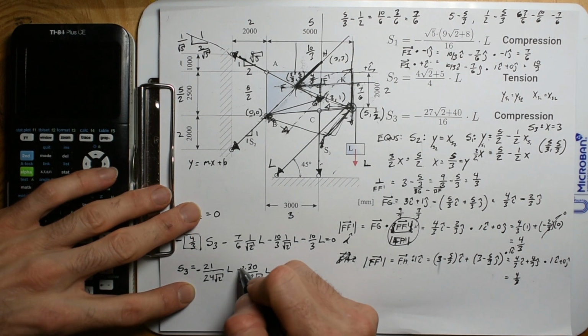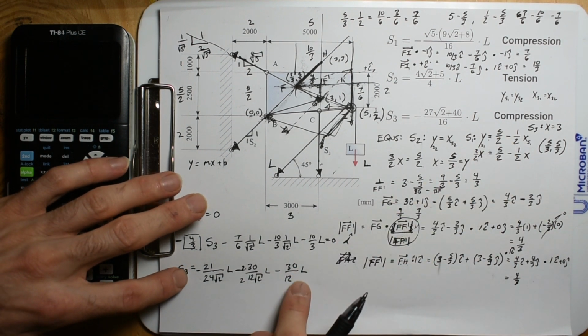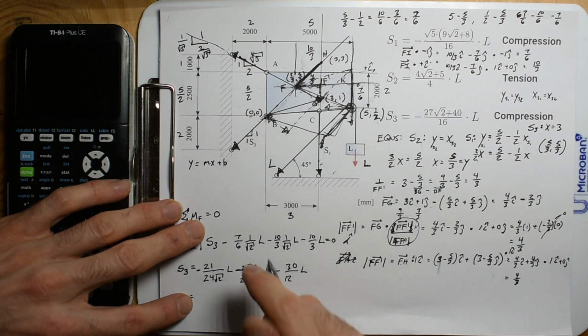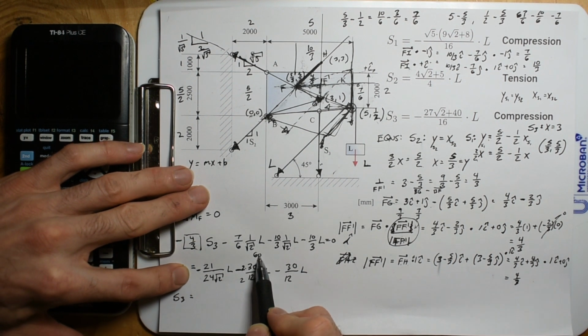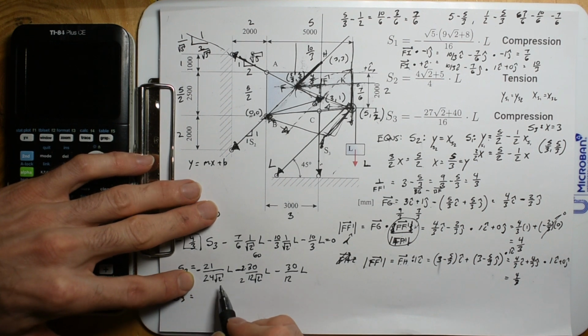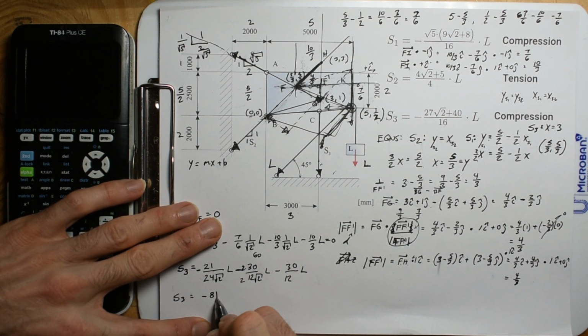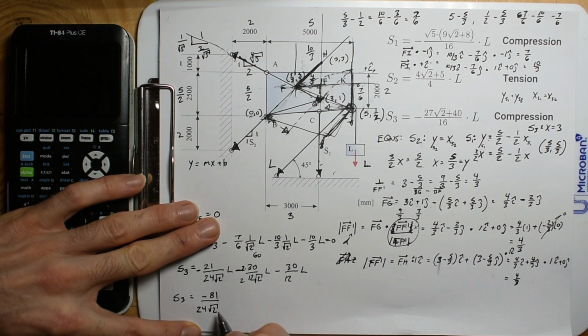I didn't do it that way because I already knew what I was going for. But let's try that. So we're going to go S3. This is going to be 60. And we're going to have negative 60 minus 21. That's going to be negative 81. Negative 81 divided by 24 square roots of 2